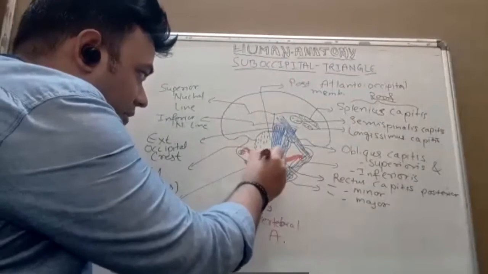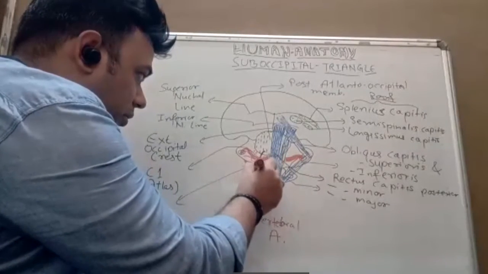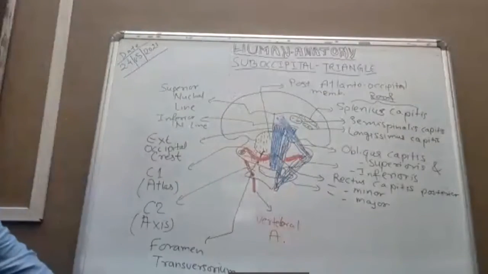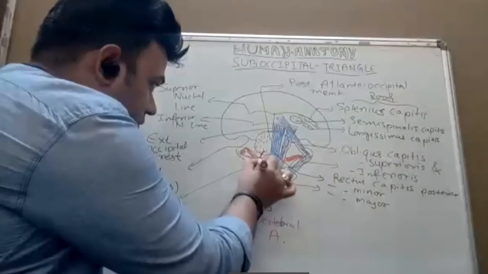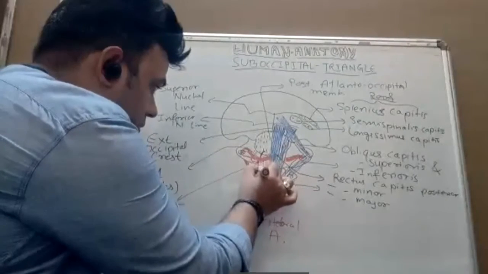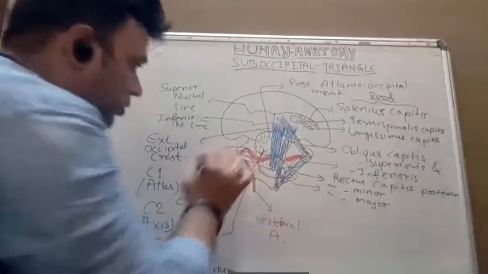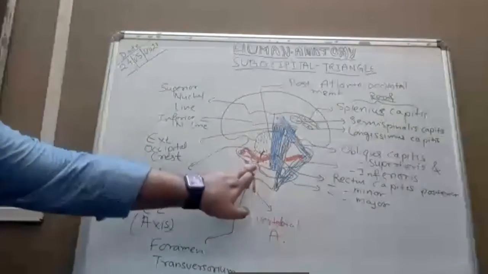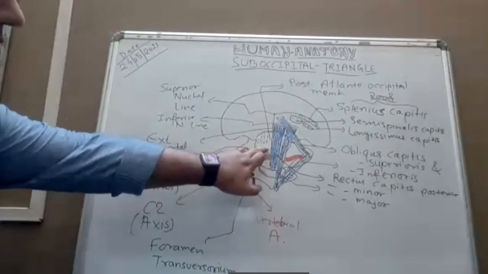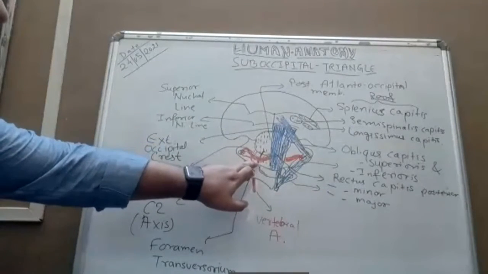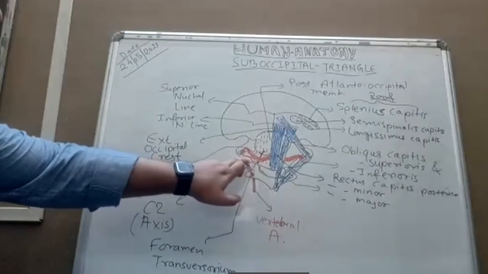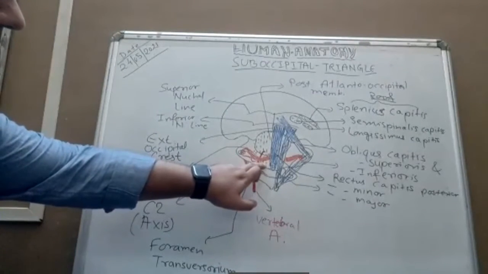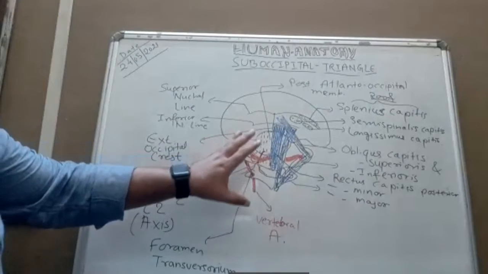It will divide like it will. Not clearly visible, but just remember this is, okay. C1 spinal nerve, between vertebral artery and posterior arch of the C1,